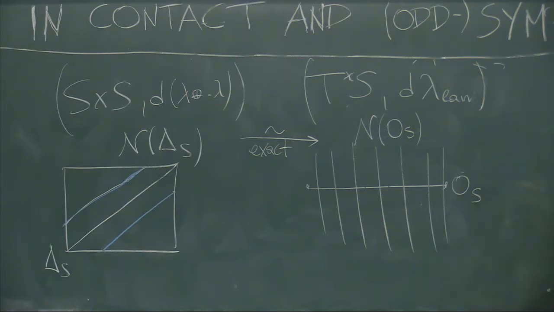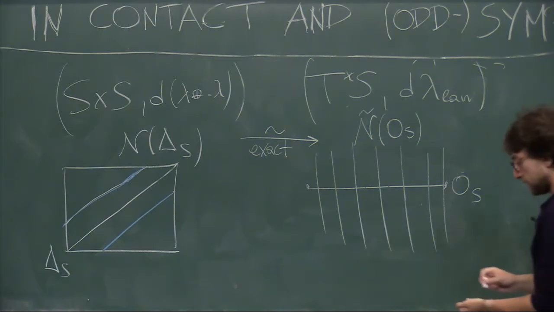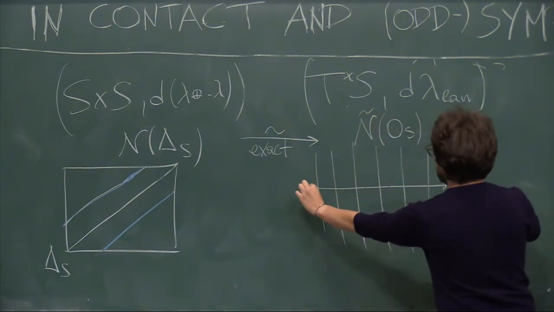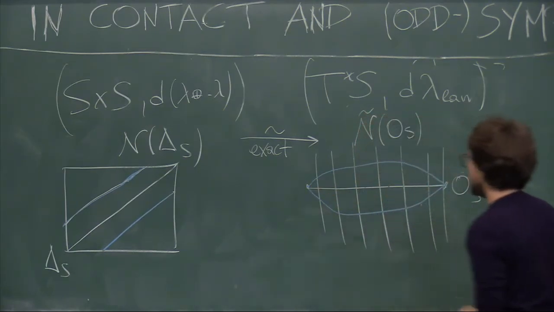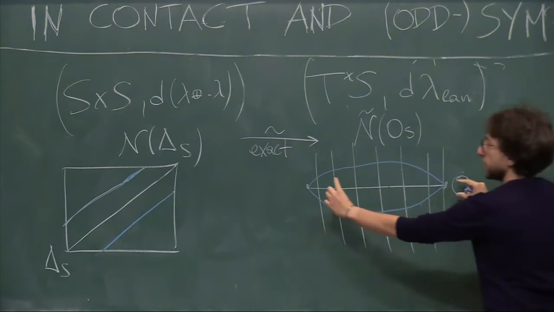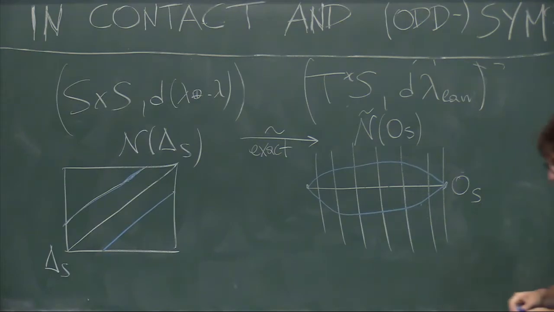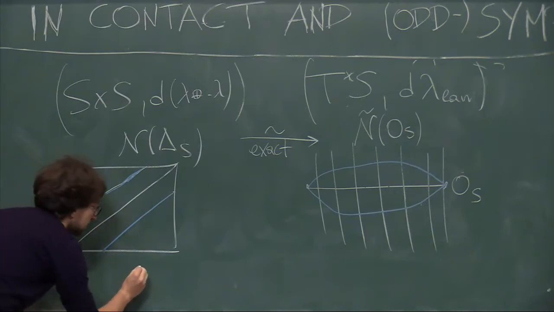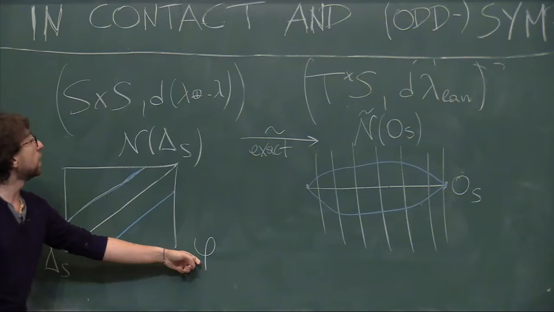But in this case, our form here is singular at the boundary. So on this side, we don't get quite a neighborhood. I denote it by N tilde. This will be a neighborhood which is pinched at the boundary. So there is some kind of pinching, and I don't get a real neighborhood at the boundary. But this is still enough for our purposes, because now if I have some map phi on S, I